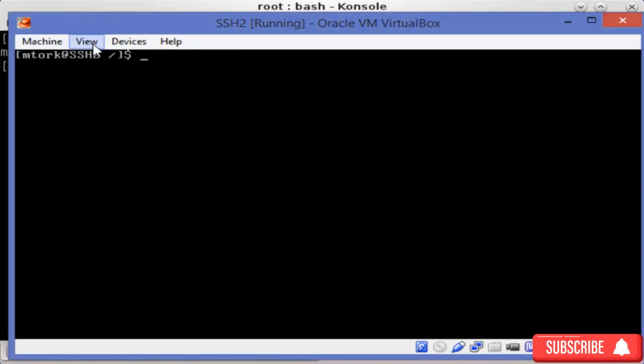And I will go to the temp directory by running the command cd /temp, then enter. Now I will list the files under the temp directory by running the command ls and press enter. As you see, the file